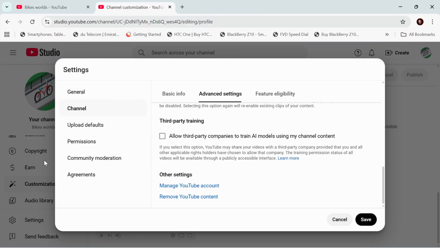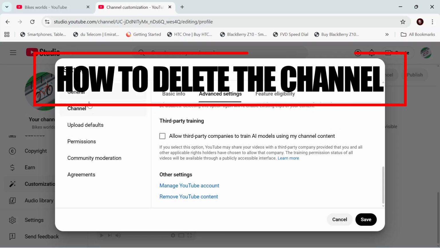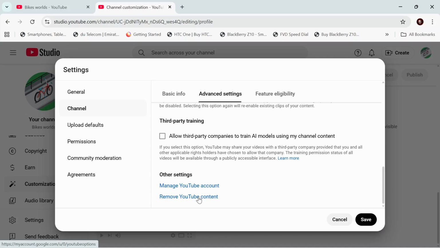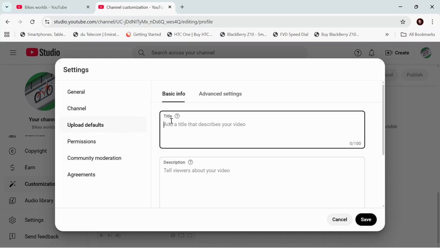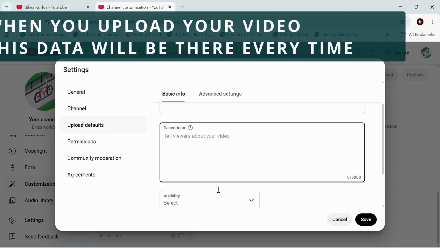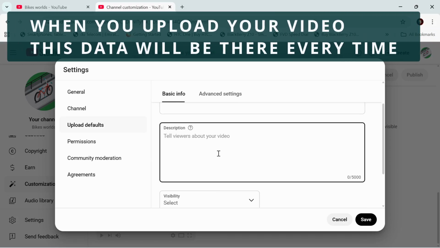As well, if you decide one day to clear or delete this channel, you can go ahead and go here and remove YouTube content. From here you can delete the channel and start over from scratch. Go to the upload defaults. This is where you set your titles and descriptions. If you want to add something to your description every time you upload a video, you can add it in